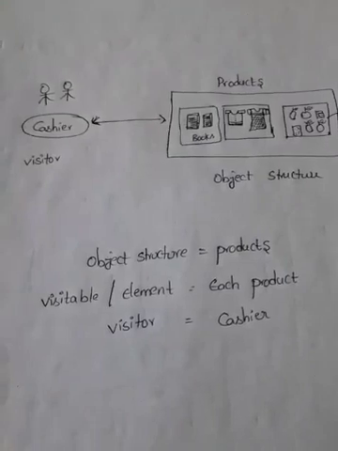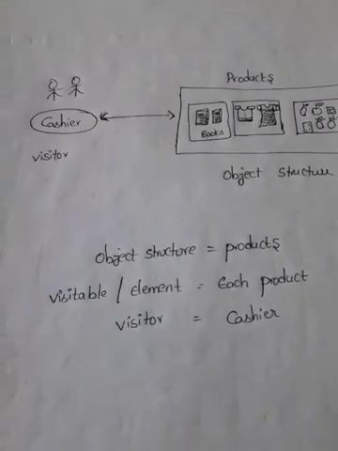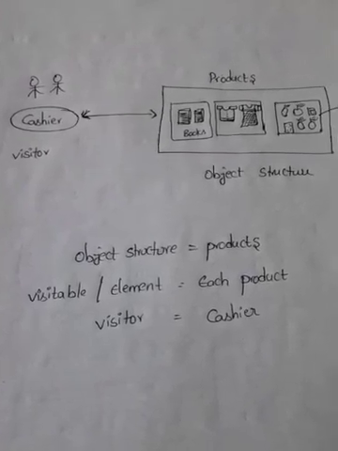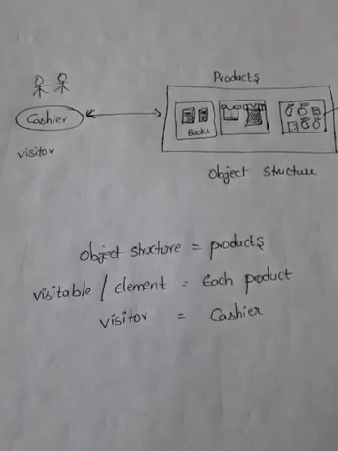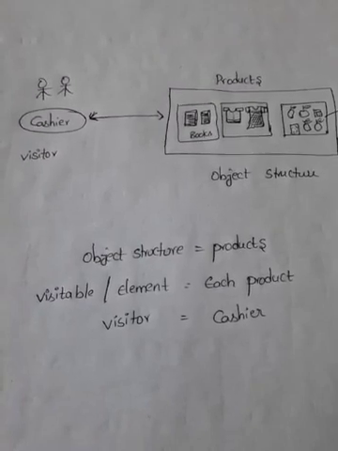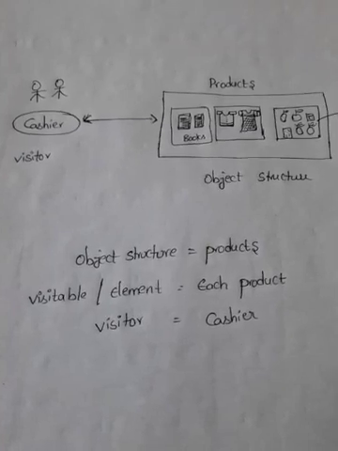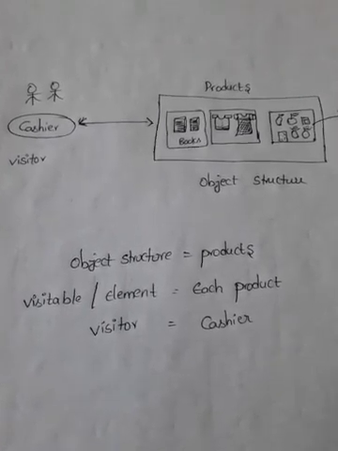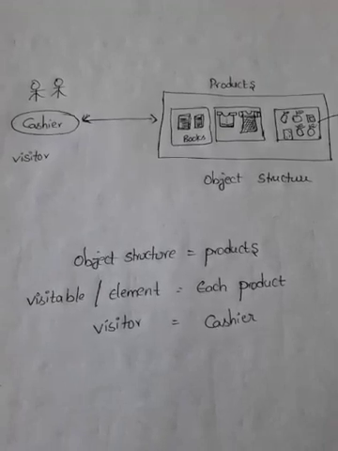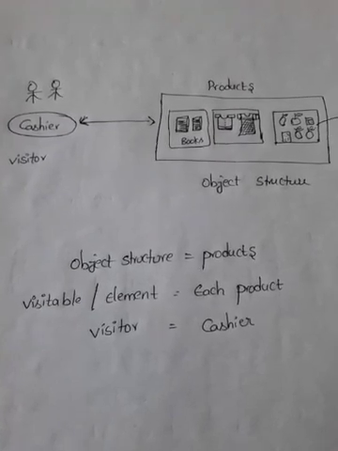Suppose you want to do shopping in a shopping mall and you want to purchase different kinds of products at the same place. Suppose you decided to purchase some products like books or dresses or fruits or cosmetics. In such a way you have to purchase different kinds of products at the same time at the same place. After selecting the products from the shop in different kinds of products, you will collect all the products